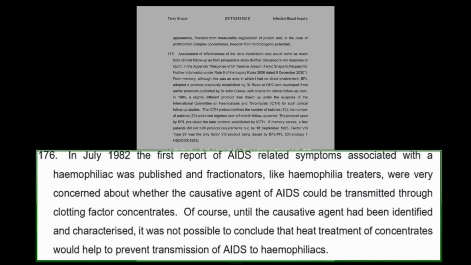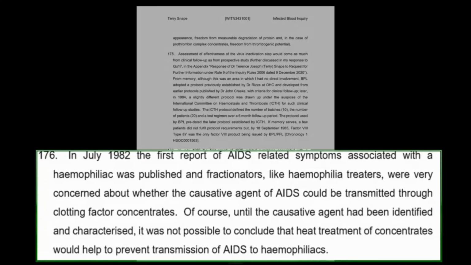This is from your statement, paragraph 176. You wrote, in July 1982, the first report of AIDS-related symptoms associated with a haemophiliac patient was published, and